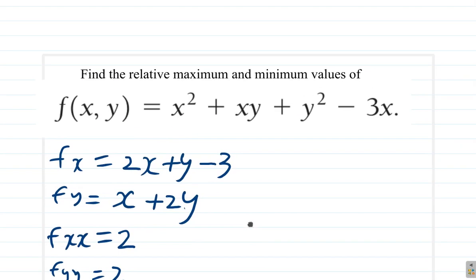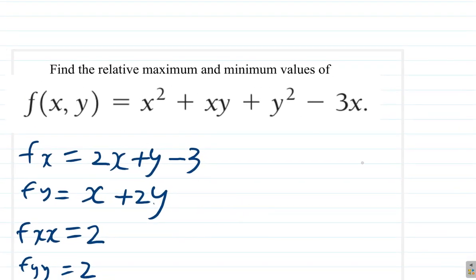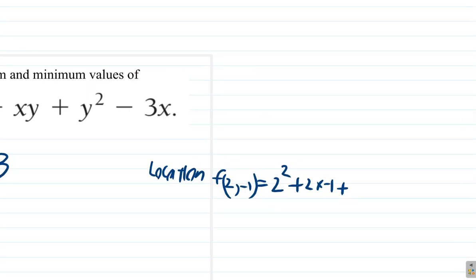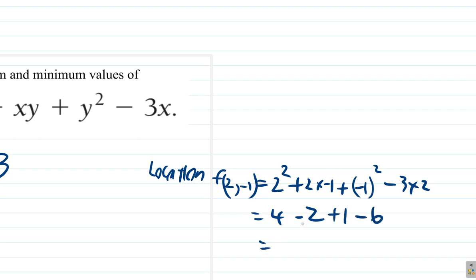So if we substitute here, f of (2, -1), x is 2, y is -1, so you have 2 squared plus 2 times -1 plus -1 squared minus 3 times 2, which is 4 minus 2 plus 1 minus 6. 4 minus 2 is 2, 2 and 1 is 3, 3 minus 6,